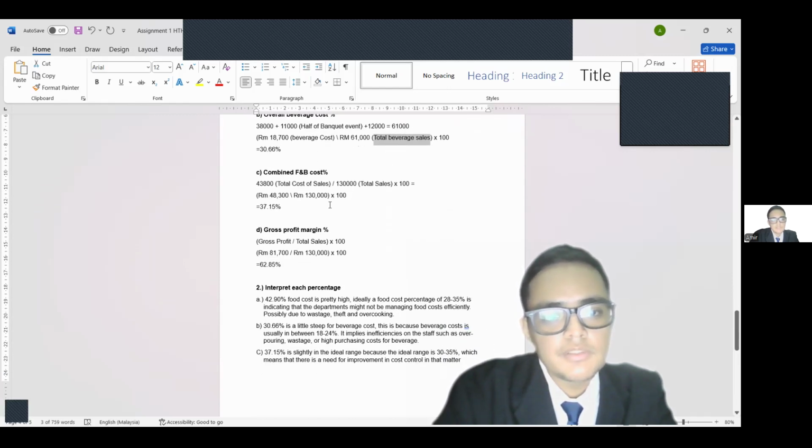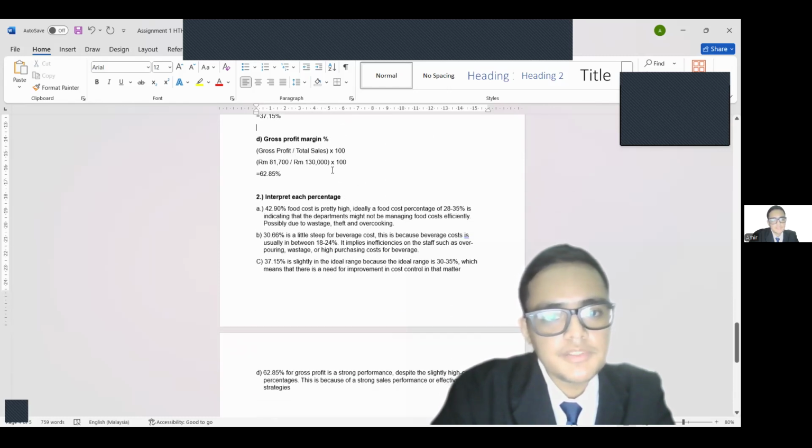For the combined F&B cost, you have to use total cost of sale 48,300 and divide it by total sales 130,000 times 100. So you will get 37.15%. For gross profit margin, you have to use the gross profit and divide it by the total sales, and you will get